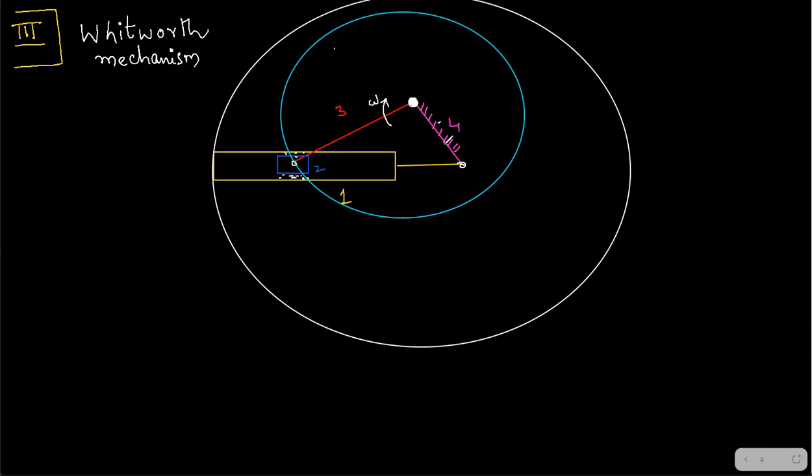Okay, so this will make complete rotation. So this will rotate with omega, this will also rotate with some angular velocity, we don't know what, but these both will rotate about their own respective circles. That's what you have to know for now. Okay, now we are going into the actual concept, where we are going to derive the equation for the quick return mechanism in this case. Fine.